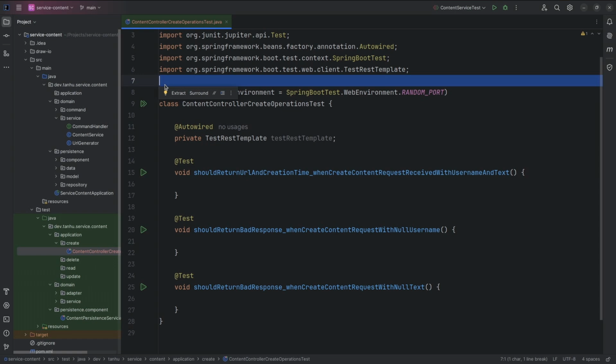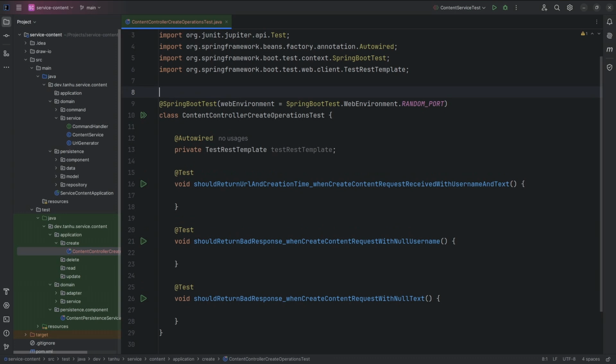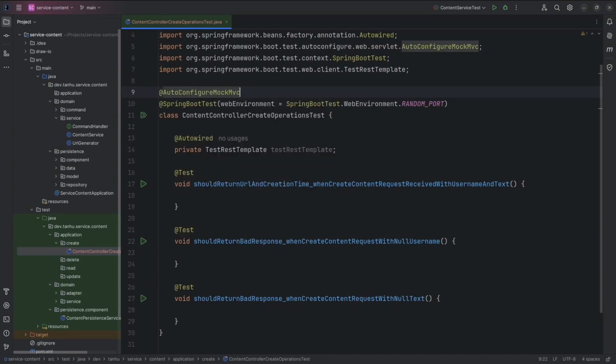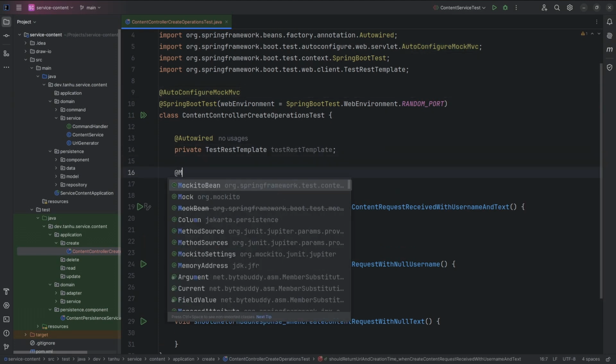In the domain layer, we used the fake adapters approach in the previous video. You can access that video from the card at the top of the screen. To mock the domain layer, we must add the AutoConfigureMockMvc annotation above the class declaration and inject a command handler instance using the MockitoBean